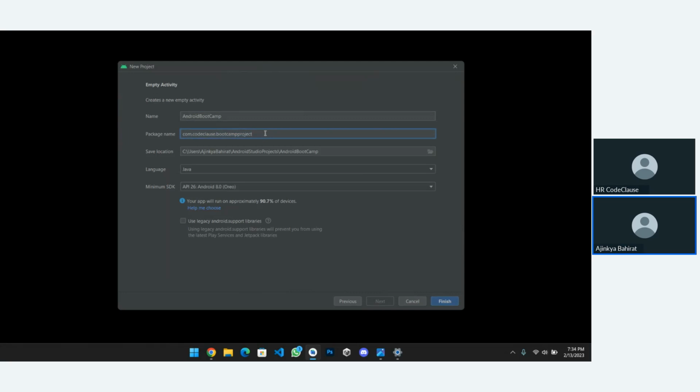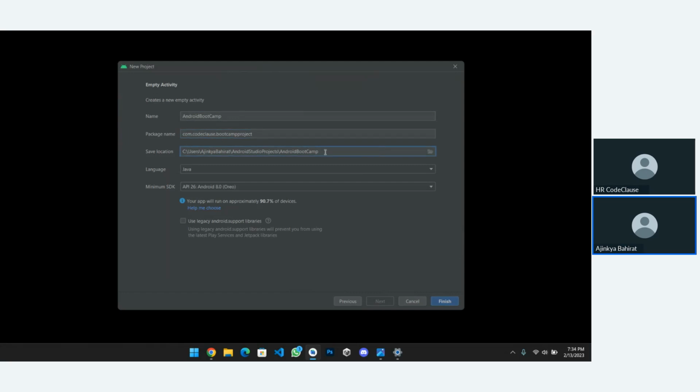You can also name it yourself, like com, then your surname, then your name, or com.your name.your application name. Anything you want to add, you can, but the first thing, com, is mandatory as it will go to the specified path, right?